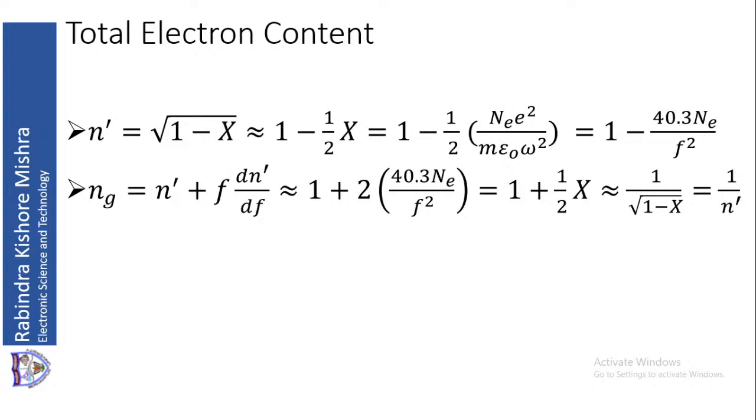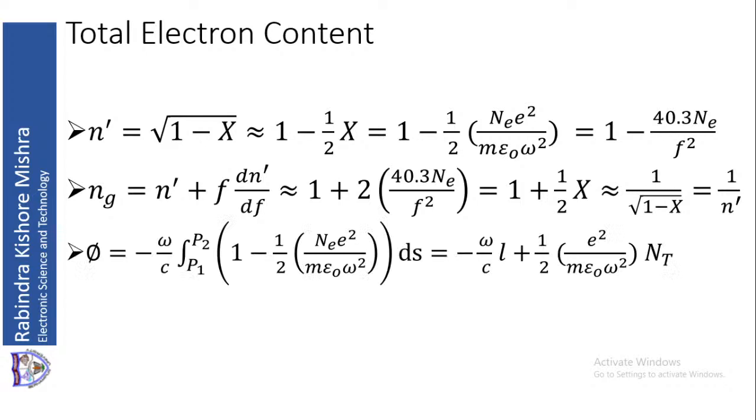So that will be again, as you know, root over of 1 minus x is n dash. We have already seen that. So that is 1 by n dash. So ng will be approximately equal to 1 by n dash. And then